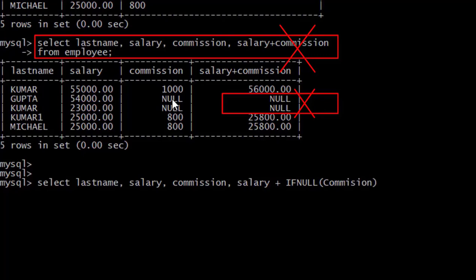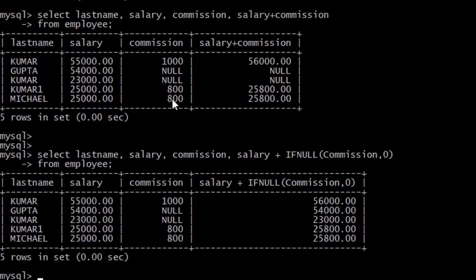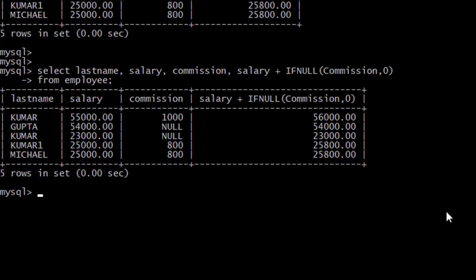Whenever commission is null, it is replaced by 0, from employee. Now look here, 54,000 plus null is showing 54,000. Here 23,000 plus null is showing 23,000. So I hope, students, you understood all these MySQL queries.